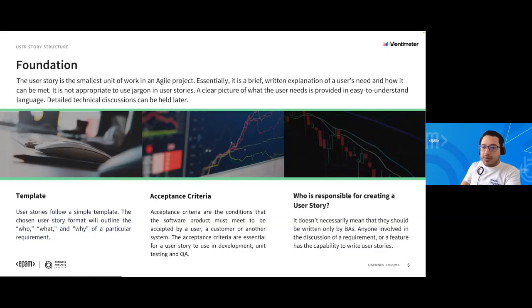There are 3 aspects to cover in the user story structure. The first one is the template. User stories follow a simple template. You need to fulfill 3 aspects: the who, the what, and the why of a particular requirement. So, for example, as a cyclist, I want to follow my friend's cycling route so that I can join them